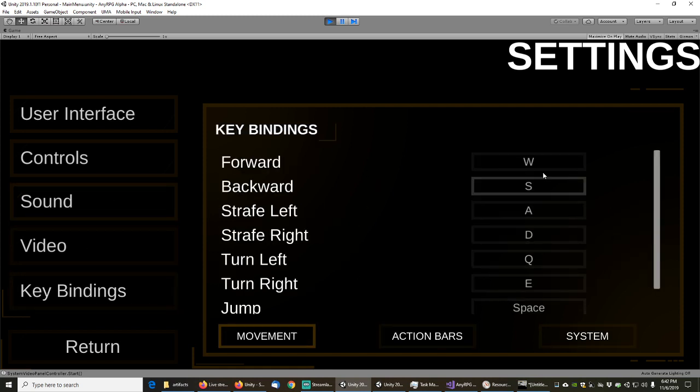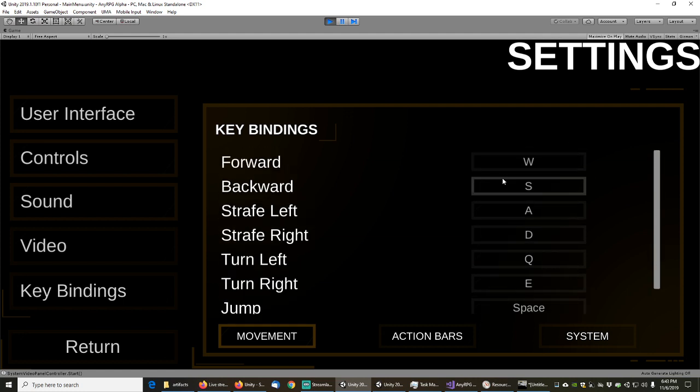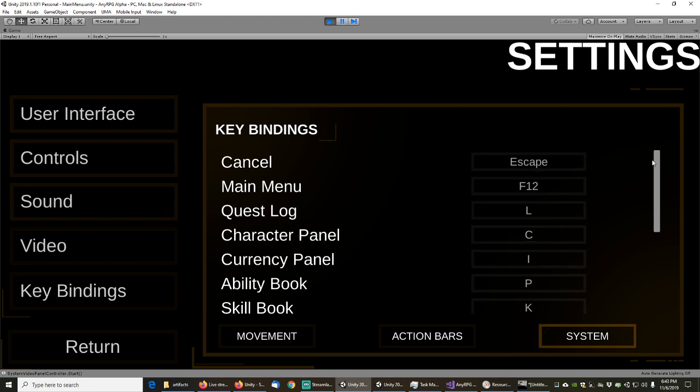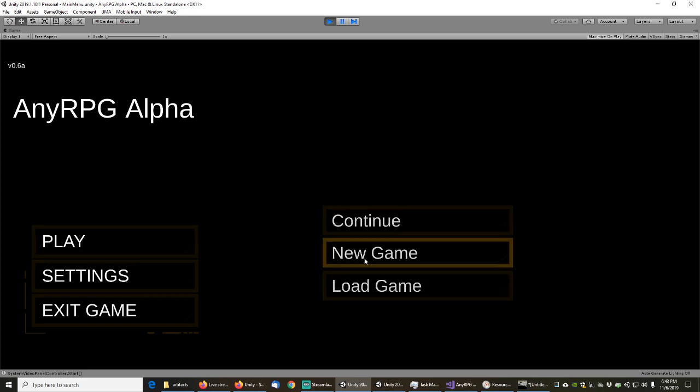And key bindings, okay, so the key bindings buttons in here, that's pretty much the only thing that I see that's not following the color scheme. So that's not bad. But yeah, all this stuff is properly orange, which is really good. So basically just the key bindings buttons, and then